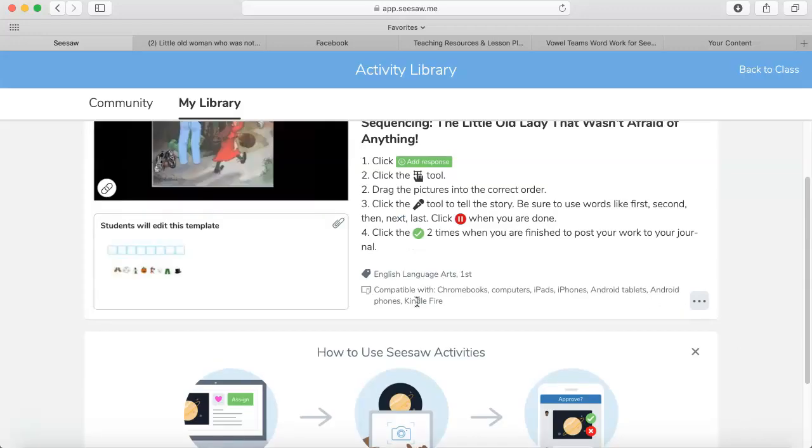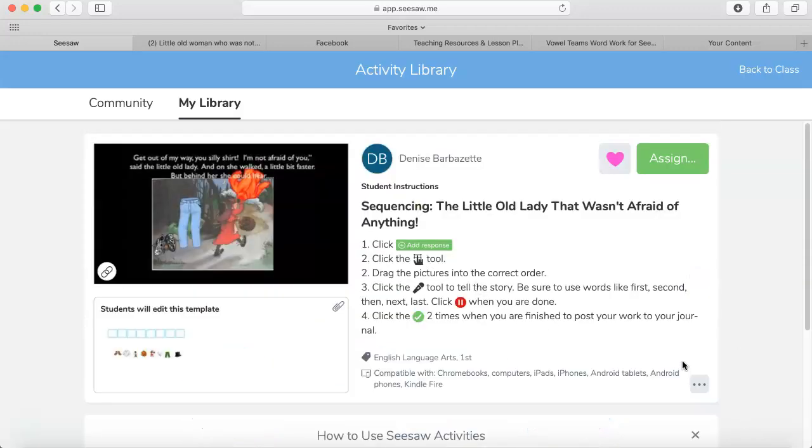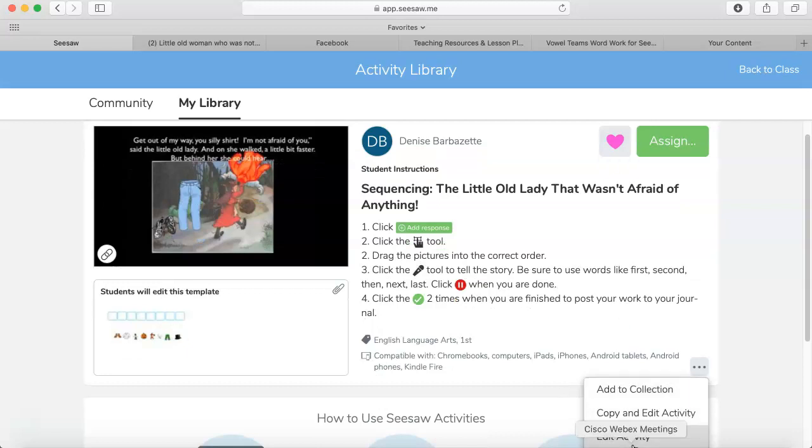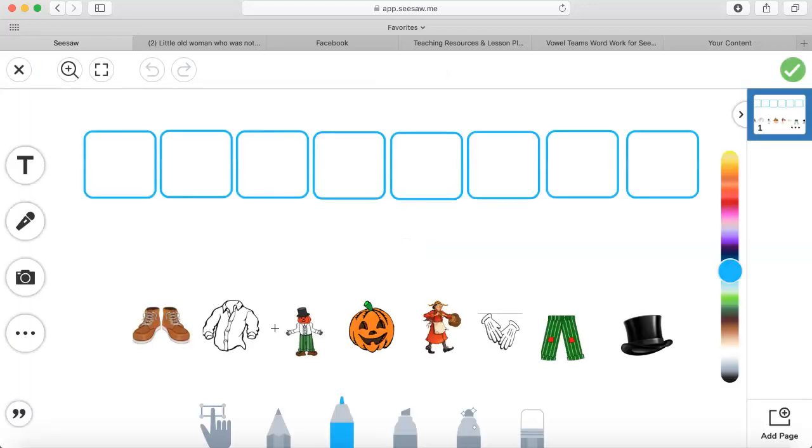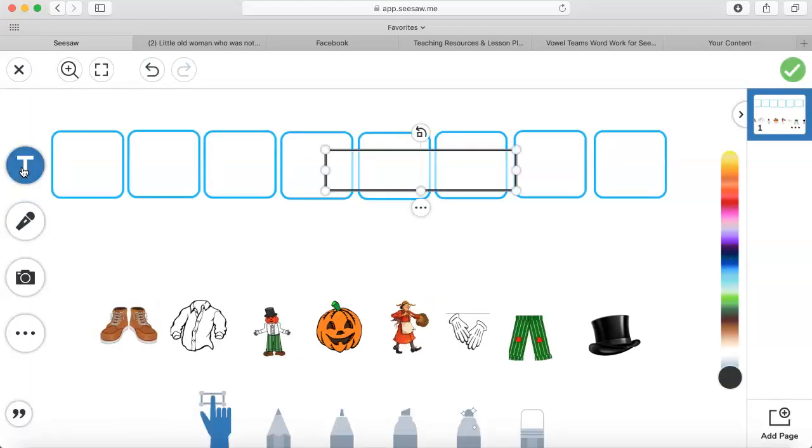So I'm saving this, and now, oops. We're going to keep editing this activity. We are going to go down and edit the template. Now, as I was saying, we focus a lot on the vocabulary with this story, and we're using those positional words. I am going to type a